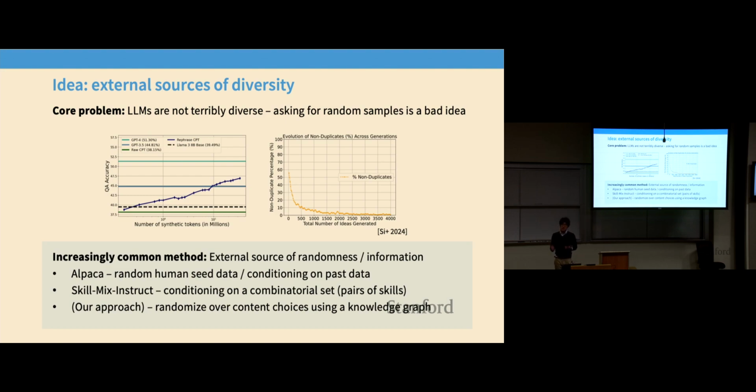And so here is a general, not tip, general successful approach in synthetic data generation. The core problem here is that we're asking language models to come up with data, or to come up with new kinds of data. But language models, especially the ones that are instruction tuned, are not terribly diverse. I'm sure many of you have attempted to use ChatGPT for your writing at some point, hopefully not for your writing assignments, but for writing. And you'll find that it's very fixated on certain ways of writing, right? It can't generate all sorts of diverse outputs.